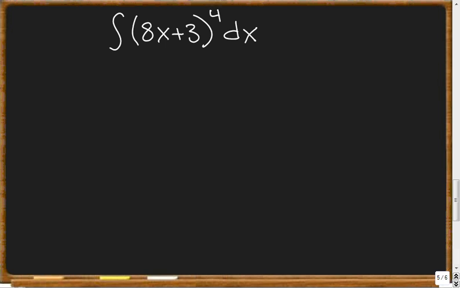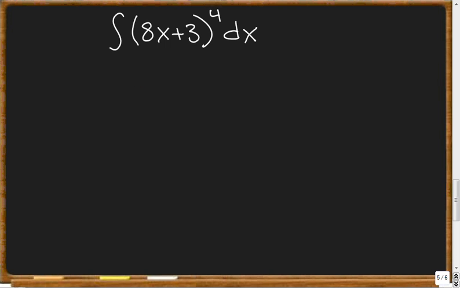Now, one of those last things that we looked at was, what happens if we are trying to integrate a binomial with a power? Well, we learned that you treat it the same way as you would the other ones, but you also have to divide by the derivative of the inside function. So not just dividing by the new exponent, but the derivative of the inside. So this becomes,